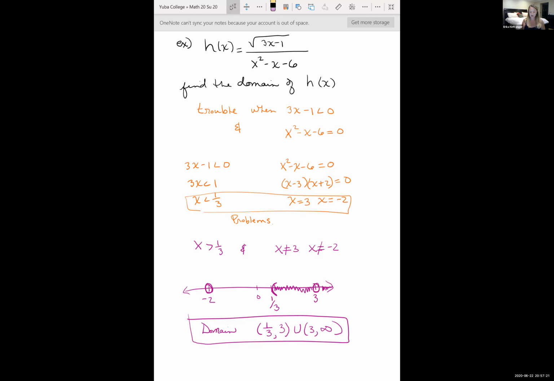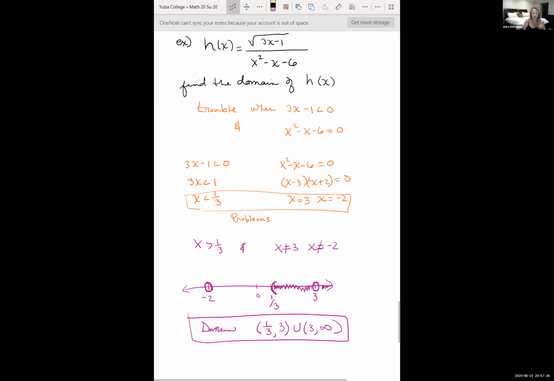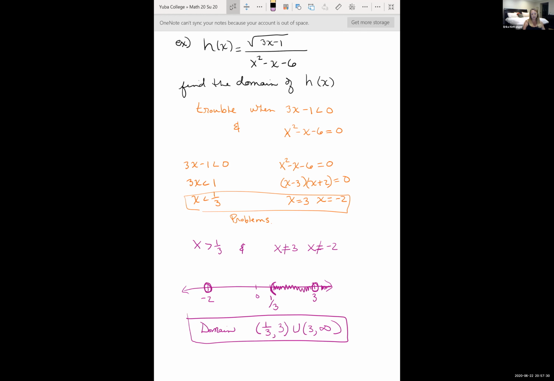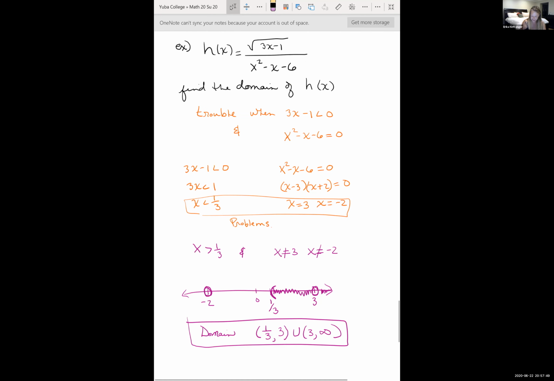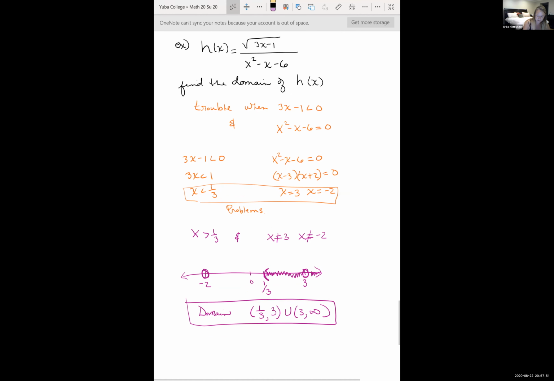Okay, so you should be okay with this notation, h of x, f of x, g of x. You should be able to work with that notation. So if you saw h of 2, for instance, just want to make sure 2 was in that domain before I say let's find h of 2. So let's look at that equation again and just go over some examples. So if it said find h of 2,